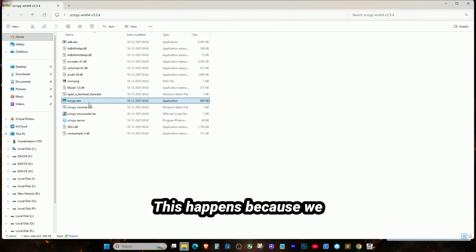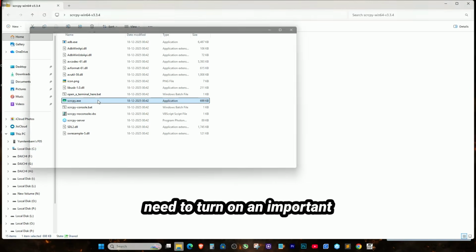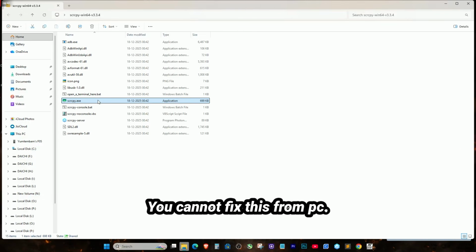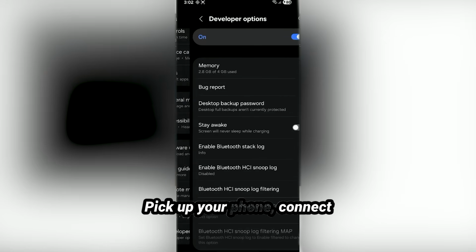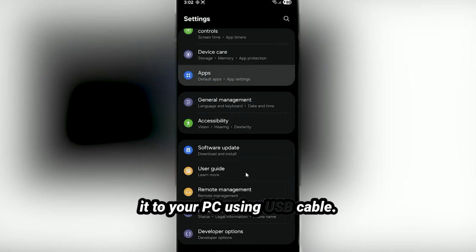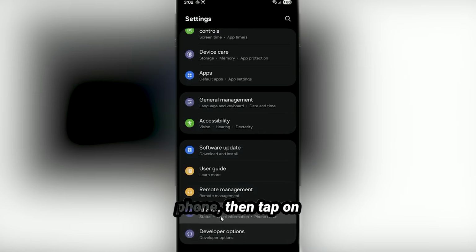This happens because we need to turn on an important setting on our phone. You cannot fix this from PC. You must grab your real phone. Now pick up your phone, connect it to your PC using USB cable, go to settings about phone, then tap